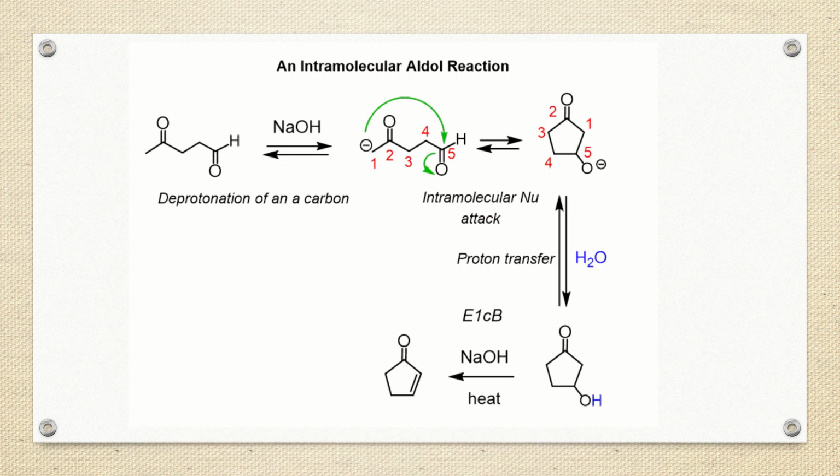The next type of reaction is intramolecular aldol condensation reaction. In order to go for intramolecular aldol condensation reaction, both the functional groups should be present within the molecule. The reaction which is carried out within the molecule is called as intramolecular reaction. So, you have to have both the functional groups within the molecule. Let us take this example, that is 4-oxopentanal.